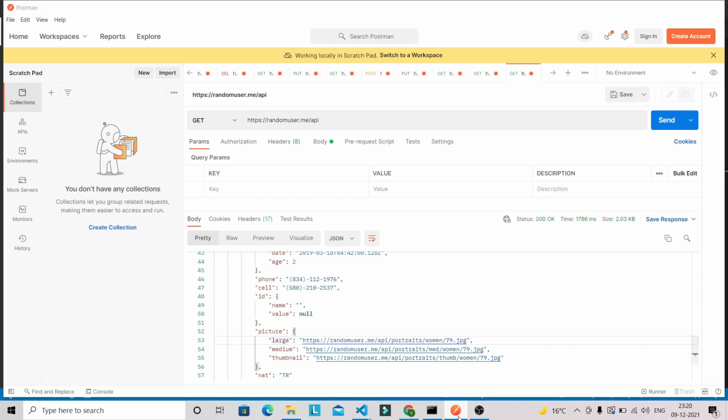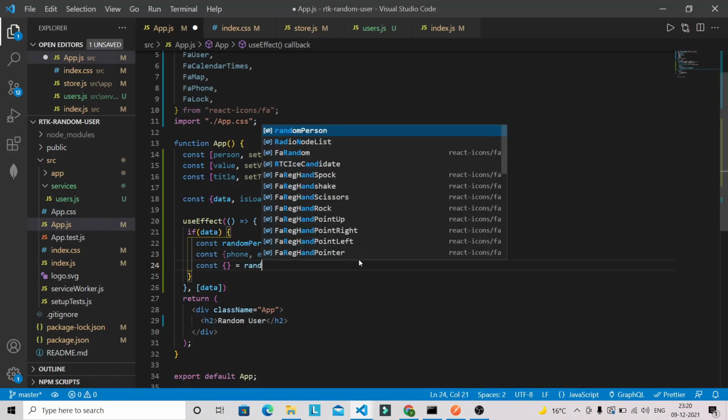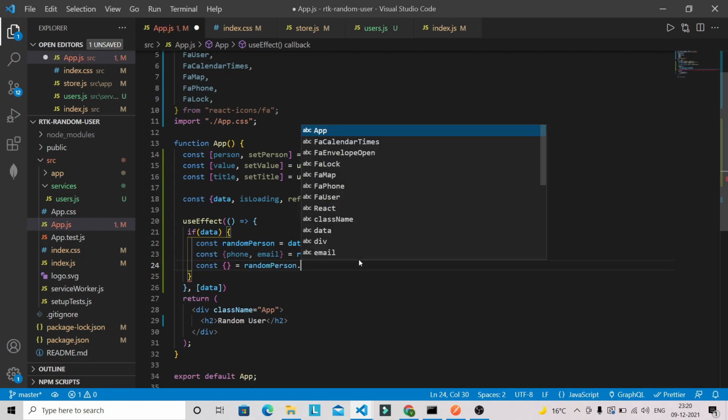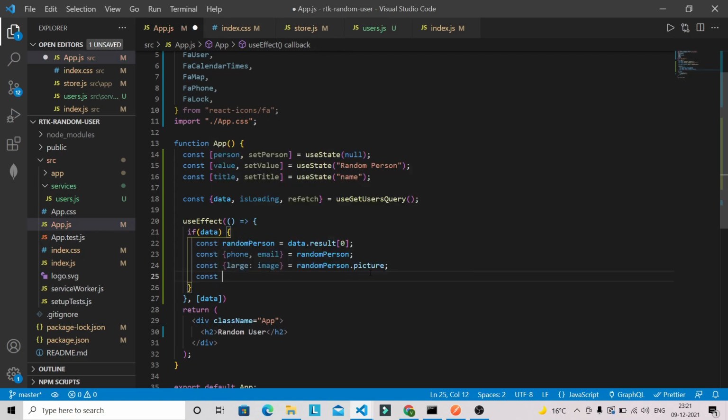So let's do that. So random person.picture. Okay, and here we have large, so I'm going to rename this object property, so this will be image only, and we have to destructure some more properties like from random person.login, we need to destructure password.